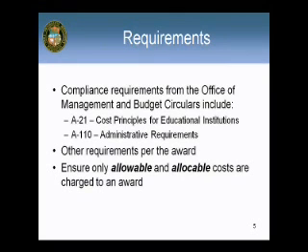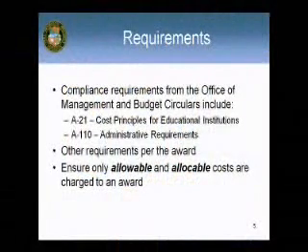The next comment is basically about A21 and A110. It's important that we understand that these particular policies dealing with allowability and allocability are not something that the UM system made up. Sometimes when I'm out on the campuses, people say, "You guys just keep on putting more policies on us and making us do more stuff." The reality is that we don't think of this stuff at all. What we basically try to do is translate the regulations from the government to normal speak so that everybody can understand them. What's driving these particular policies as far as allowability goes is A21 cost principles and your A110 administrative requirements.